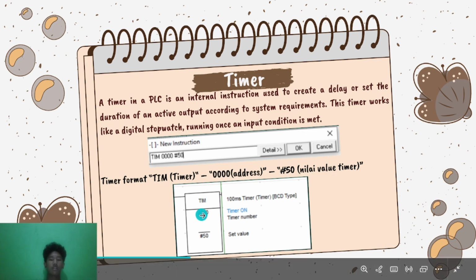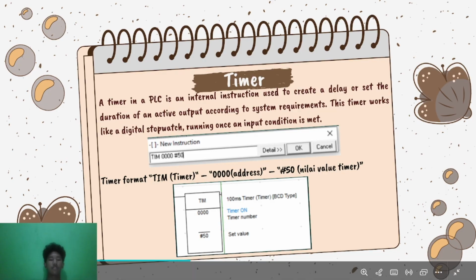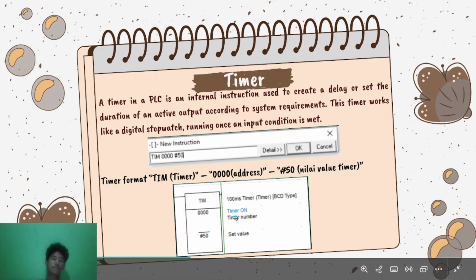The timer number identifies the timer, here it is 0, and the set value defines the preset time, here 5 seconds.